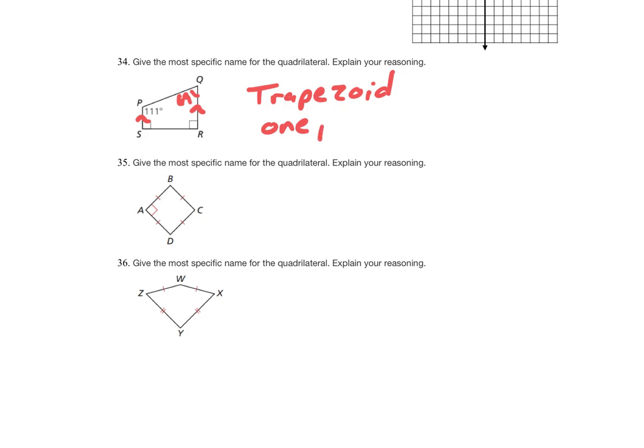we have one pair of parallel sides. We have no congruent sides. So it cannot be an isosceles trapezoid. So it's just trapezoid, okay? And that would be enough for an explanation. But give me a little bit as to why. If all you say is trapezoid, I'm probably going to take a little bit off, because how do we know it's a trapezoid? All right, so I went through a lot here. I just wanted to kind of give you